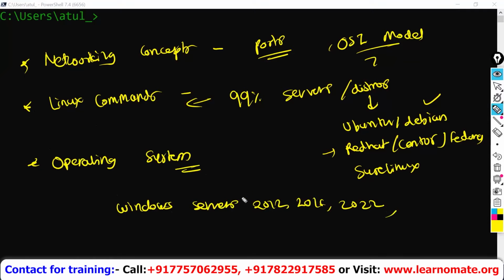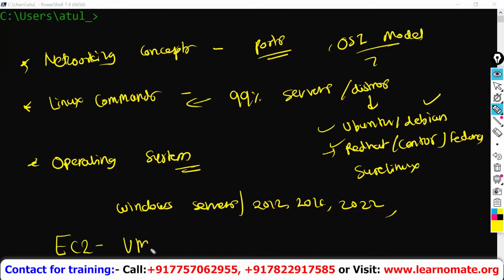These are the distributions in case of Windows servers. And in case of Linux, you have Ubuntu, Debian type of OS, Red Hat OS, Fedora OS, SUSE Linux, CentOS as well. The first service that we will learn within AWS is EC2, which is used for launching